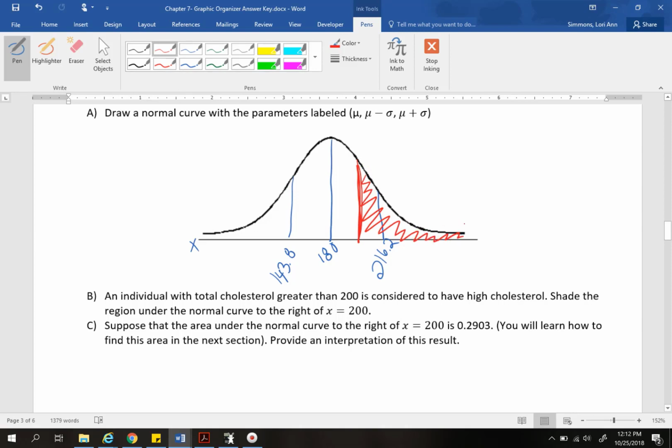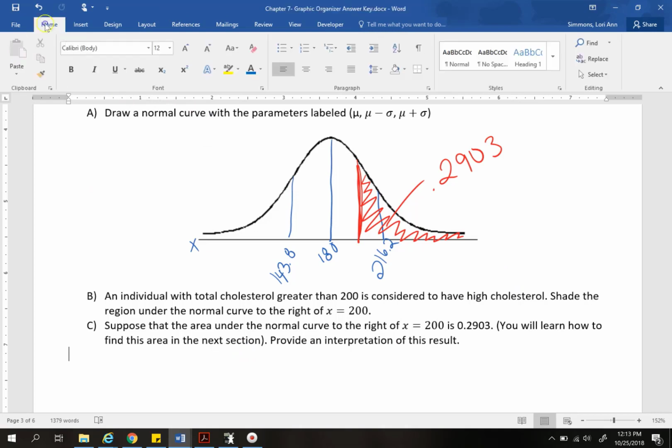Part C, it says, suppose that the area under the normal curve to the right of x is 0.2903. So we have a proportion of 0.2903 of this occurring. We'll be able to figure this out in section 7.2 and then provide an interpretation. So there's actually two interpretations according to this book. The first one is the proportion of 20 to 29-year-old males that have high cholesterol